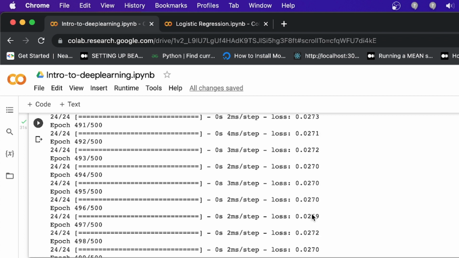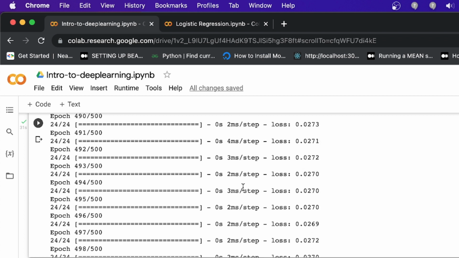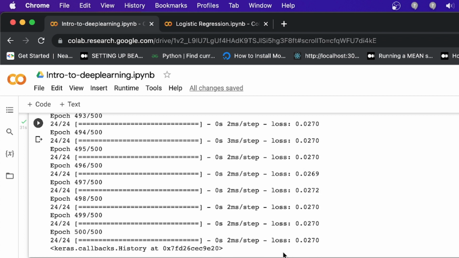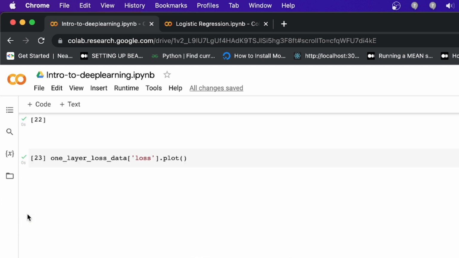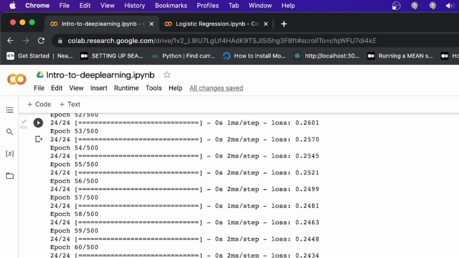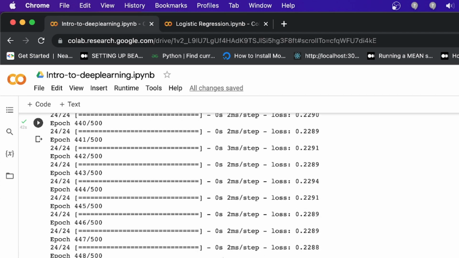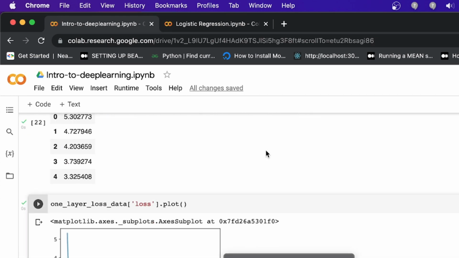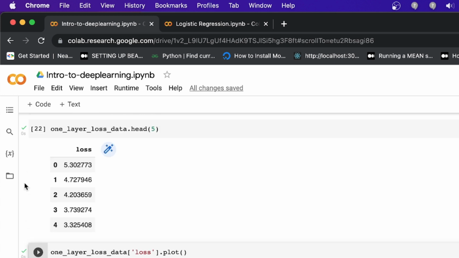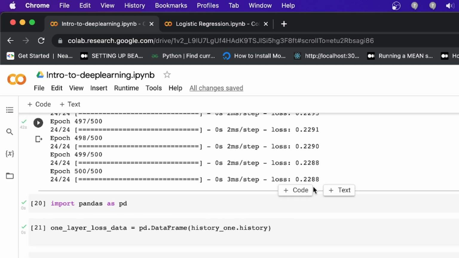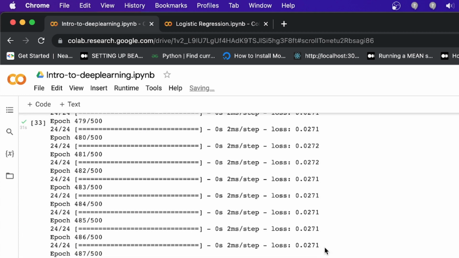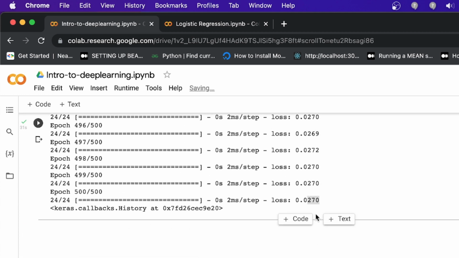Last time at the end of the epochs you got a loss of 0.02, but this time after the 500 epochs it is around just 0.2 only. So you see the loss has decreased by 98%.